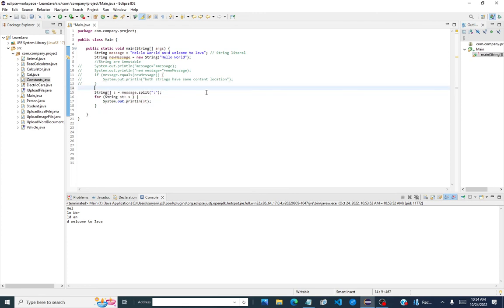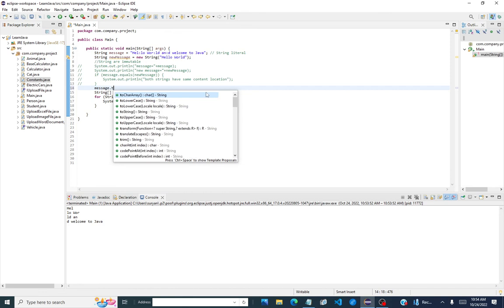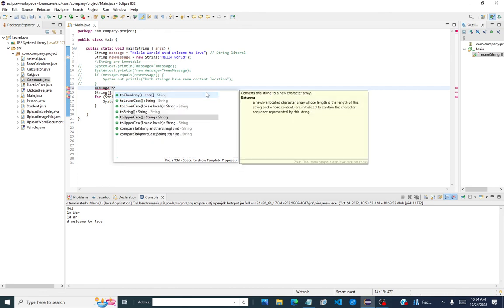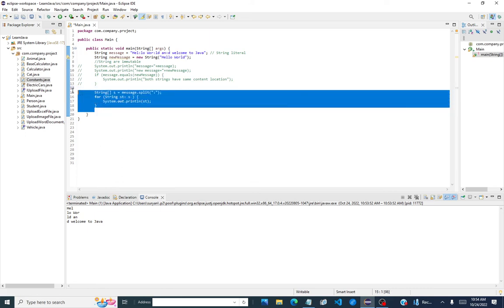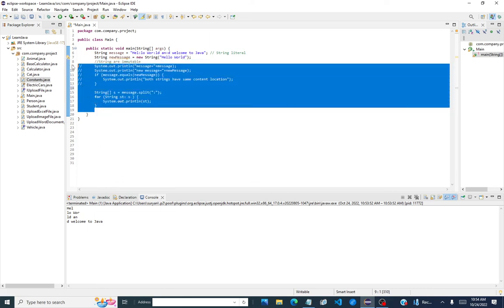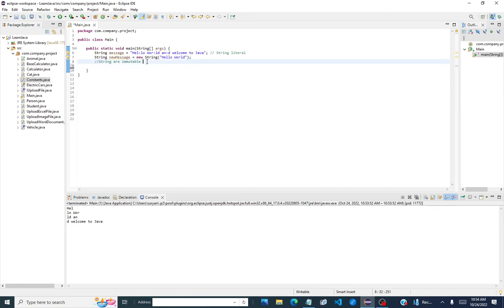You can convert a string to uppercase. You have toUpperCase, toLowerCase. All those kinds of methods are there. You can concatenate. Another thing I want to discuss is, because I told you these strings are immutable, you cannot modify the strings. What happens is, sometimes you want to loop through something, and